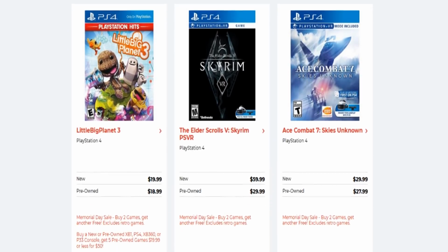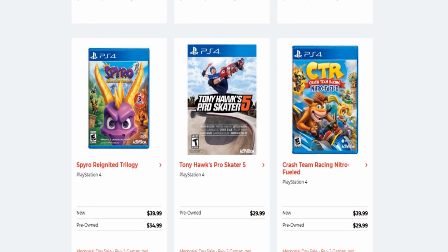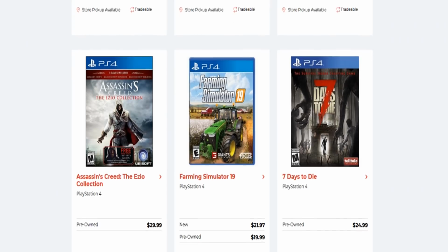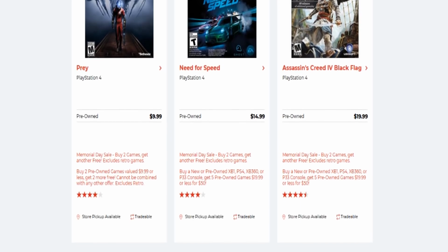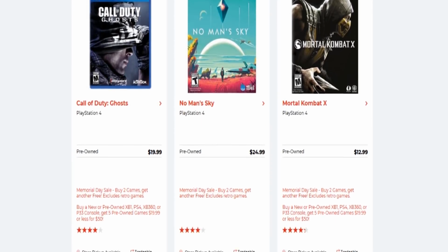DS1 Remastered doesn't go on sale often, but it's available for $20 new right now, so that is pretty good. Watch Dogs 2, World War Z is at $20, that's really good. Grand Blue Fantasy Versus, we haven't seen many deals on that either. Devil May Cry 5 is $30, Rise of the Tomb Raider is $15, Bloodborne is $20, Skyrim VR, Ace Combat